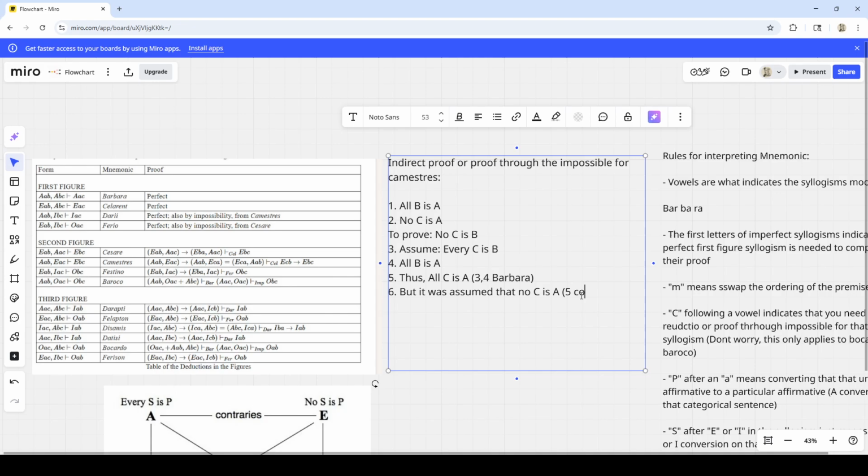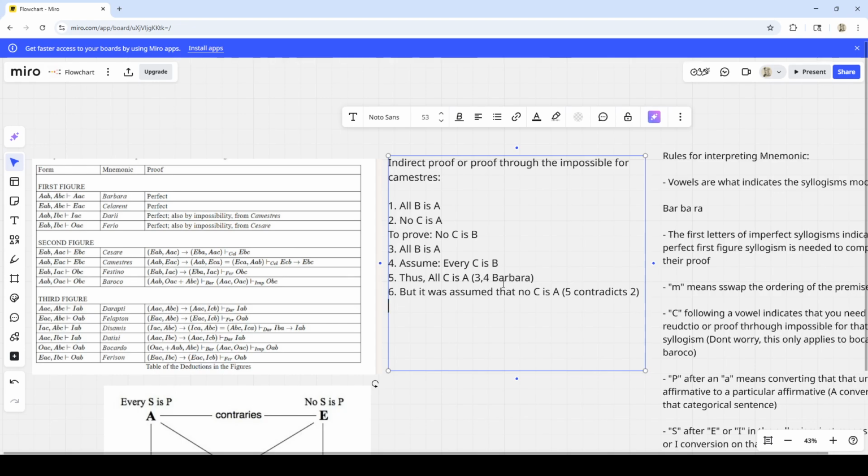So 5 contradicts 2. Okay, now notice the problem here. When we say this is 3-4 Barbara, notice here that my middle term is first predicate then subject. So it's not a first figure. So what we have to do here is switch the order of the premises. There you go. And now we have properly